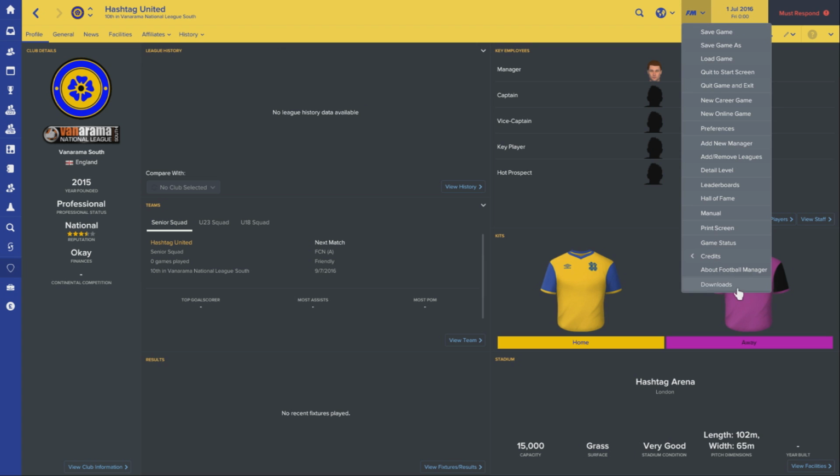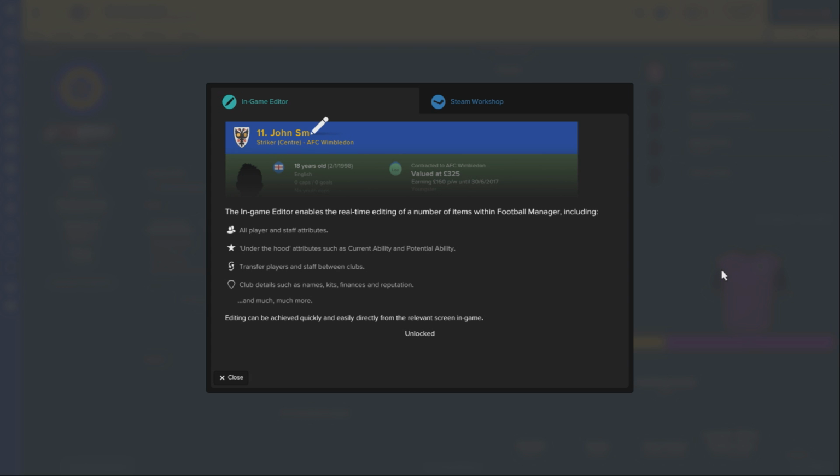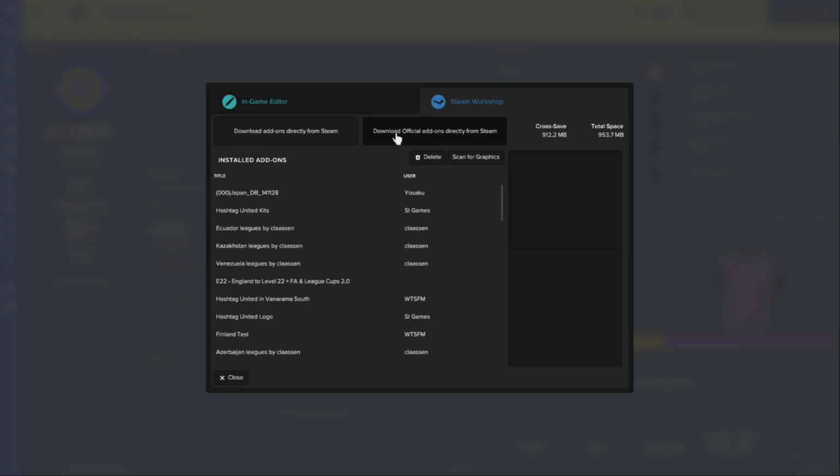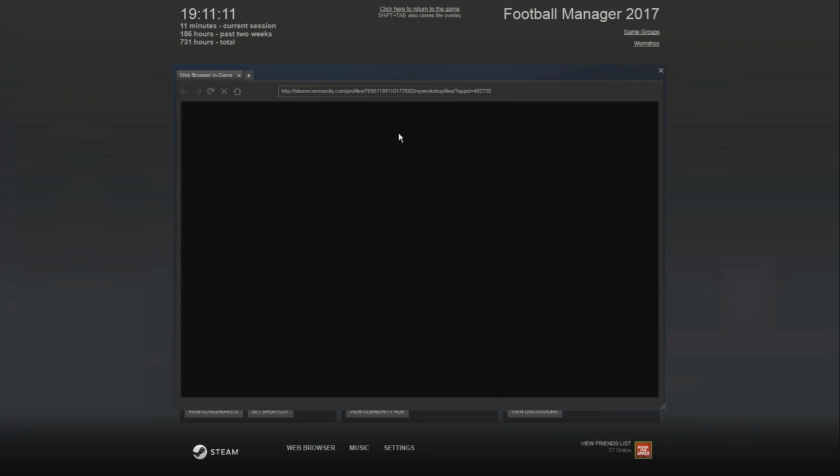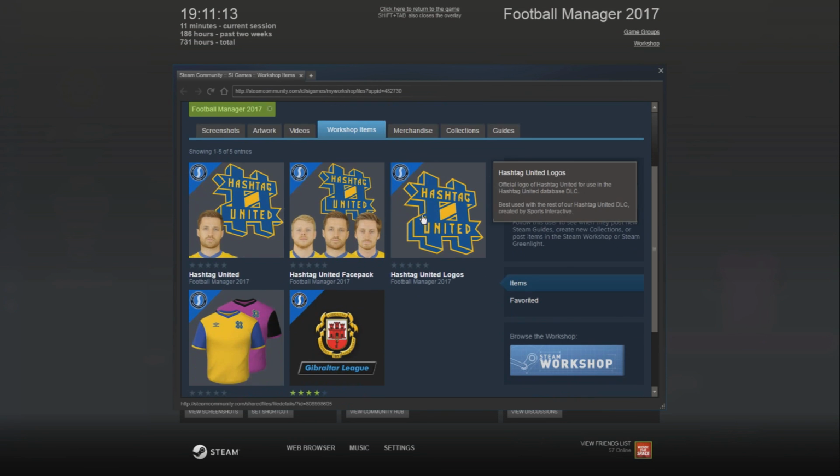So first things first, to download this, you're going to want to go to Football Manager and Downloads. The other way you can access downloads is off the main menu. It is the option right at the bottom of the main menu screen. Anyway, you're then going to go to Steam Workshop. You're going to click on the download official add-ons directly via Steam, and from here you can see all the